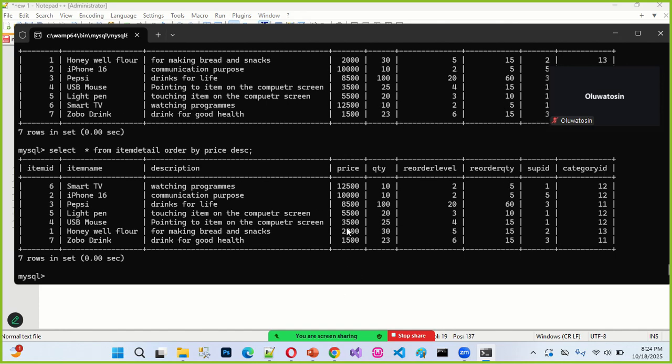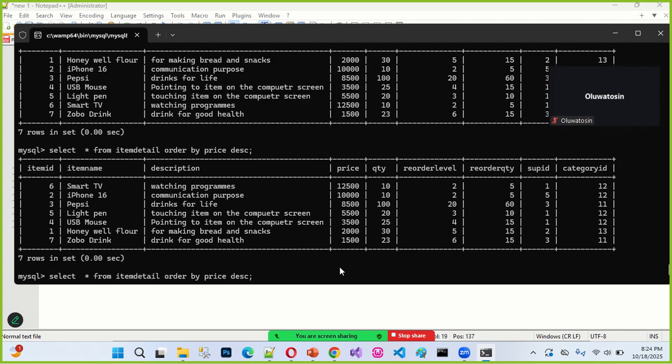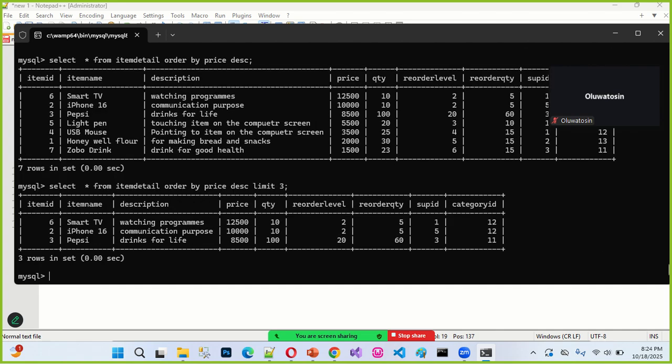You will see the products with the highest price now. Can you see? These are the products with the highest price. Once you are seeing them here, they say top 3. Then you can apply what we call limit with it. You say, okay, limit it to 3. Can you see now? This is a combination of the two. Do you get it now? So when I press the enter key here, can you see? These are the top 3 products. The first one is 12,500, then 10,000, then 8,005. Do you get it now?